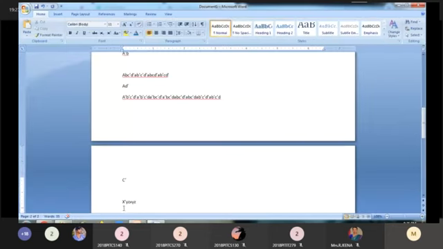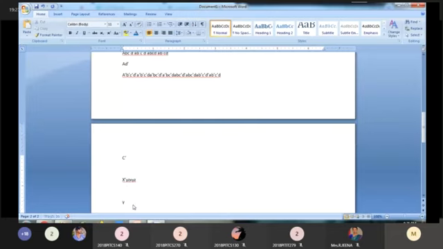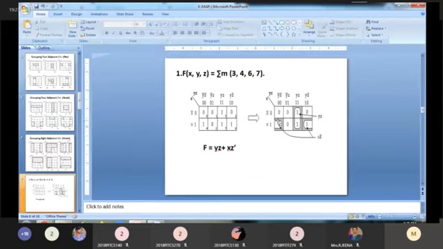Okay. So in this, first you have to consider X bar. Is any X bar there? No X bar, only X is there. So X bar and X are cancelled. And Y and Z are repeated, so you take Y, Z. Next, what is the group?